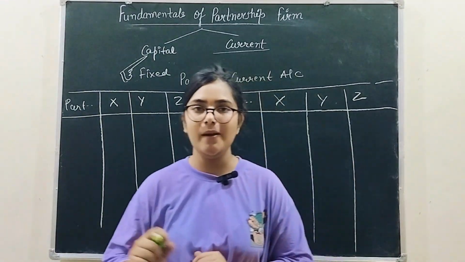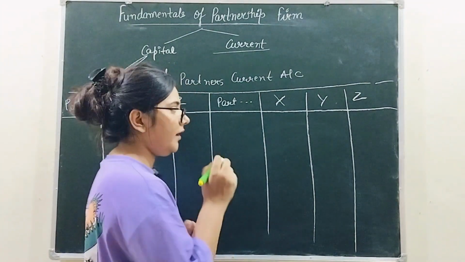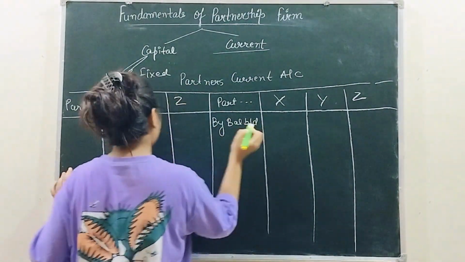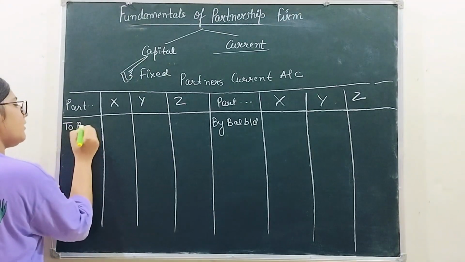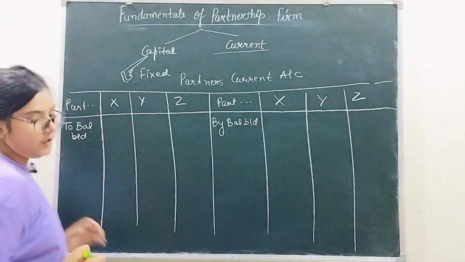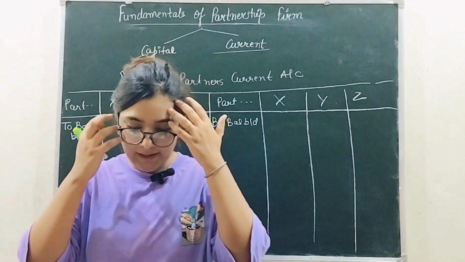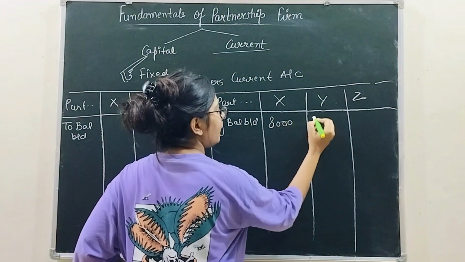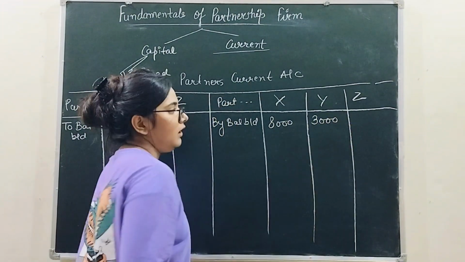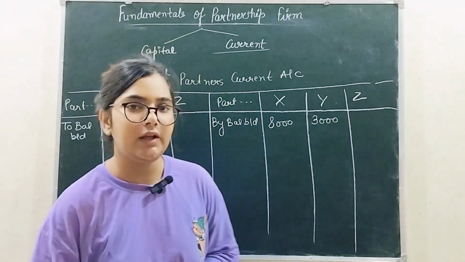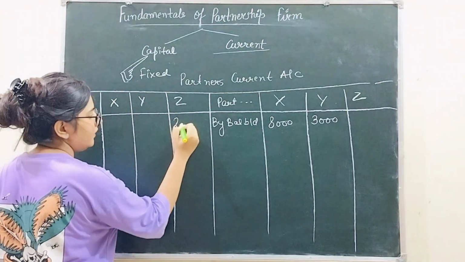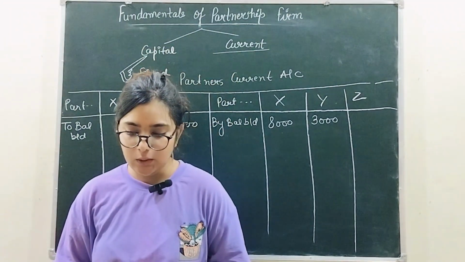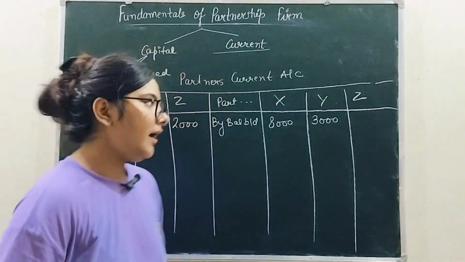उसके बाद आपका जो पार्टनर्स कैपिटल अकाउंट था आपने उसमें अपने कैपिटल को ट्रांसफर कर दिया था, तो इस क्वेश्चन में आप जो बैलेंस यहाँ लिखोगे वो लिखोगे अपने करंट अकाउंट का बैलेंस, बाय बैलेंस ब्रॉट डाउन, राइट, टू बैलेंस ब्रॉट डाउन। नाउ फॉर द x and y they have told you 8000 and 3000 and both have the credit balance 8000 and 3000, but for z they have told you 2000 debit balance, ठीक है। हम लोग उसको डेबिट साइड लिखते हैं, सिंपल।